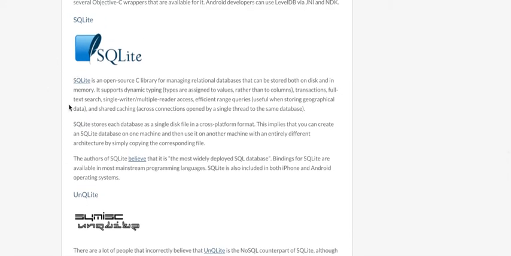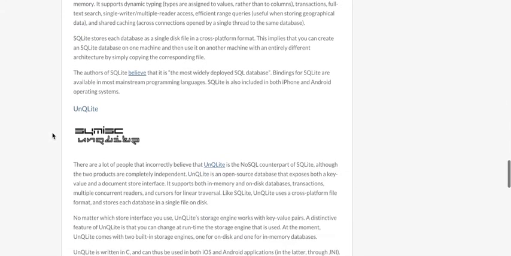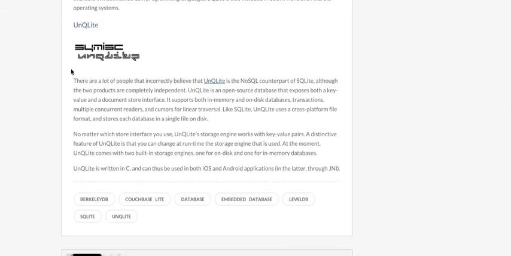SQLite was another one they mentioned on here. It's an open source C library for managing relational databases that can be stored both on disk and in memory, which is really convenient. And finally is UnQLite,